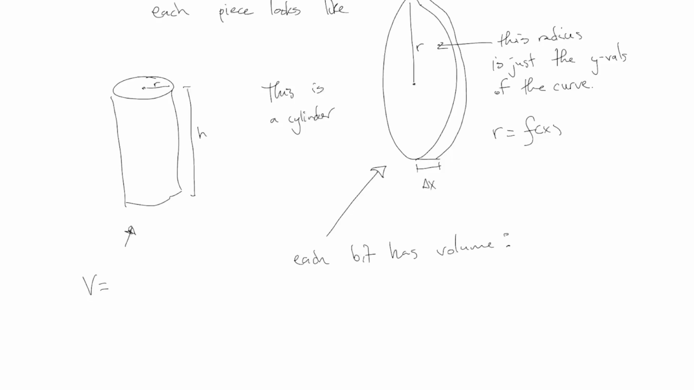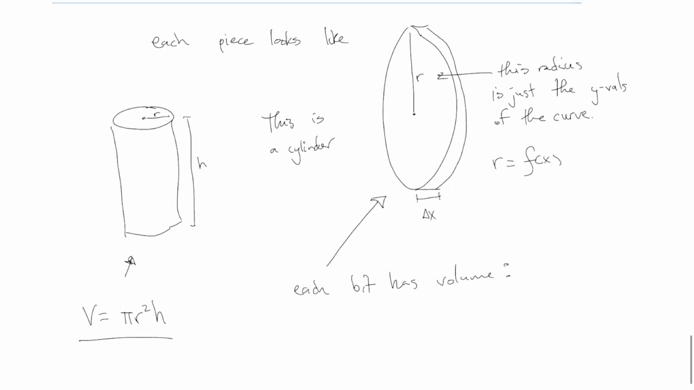It has a radius and a height. The volume is equal to the area of the circle part times the height. Makes some kind of sense to me. And the area of the circle part, of course, is pi r squared. So this is the formula for the volume of a cylinder. I don't really care if you remember that formula. But using that formula on